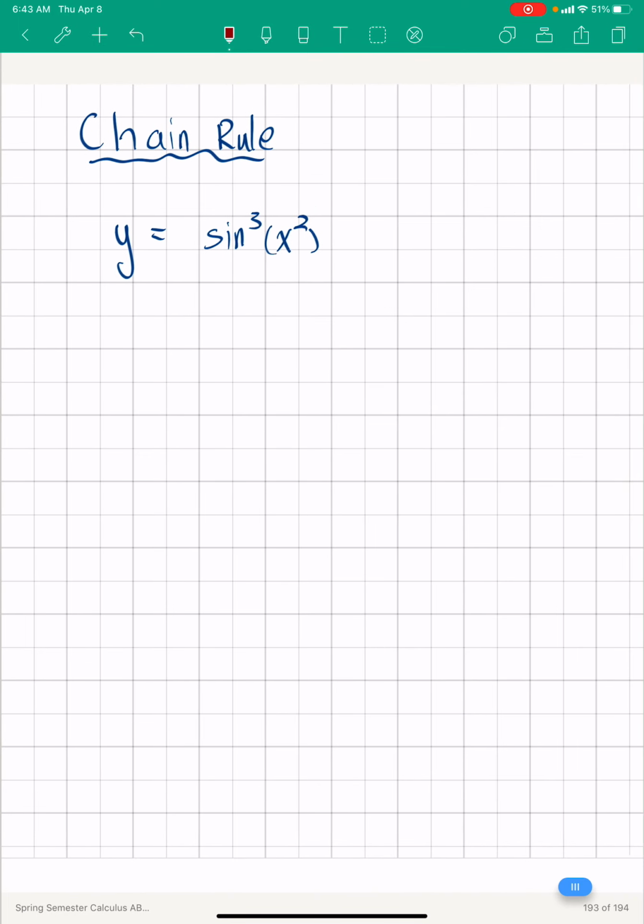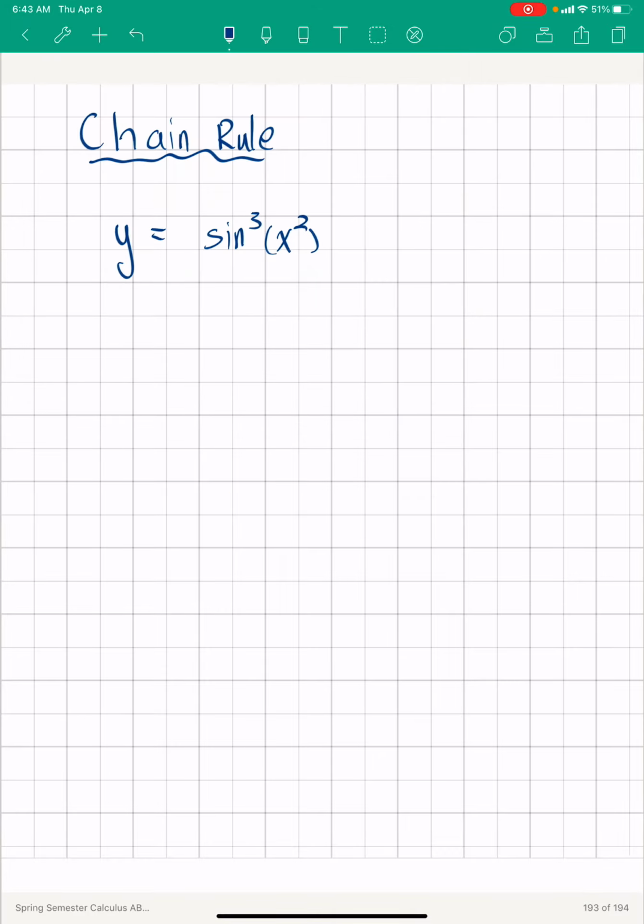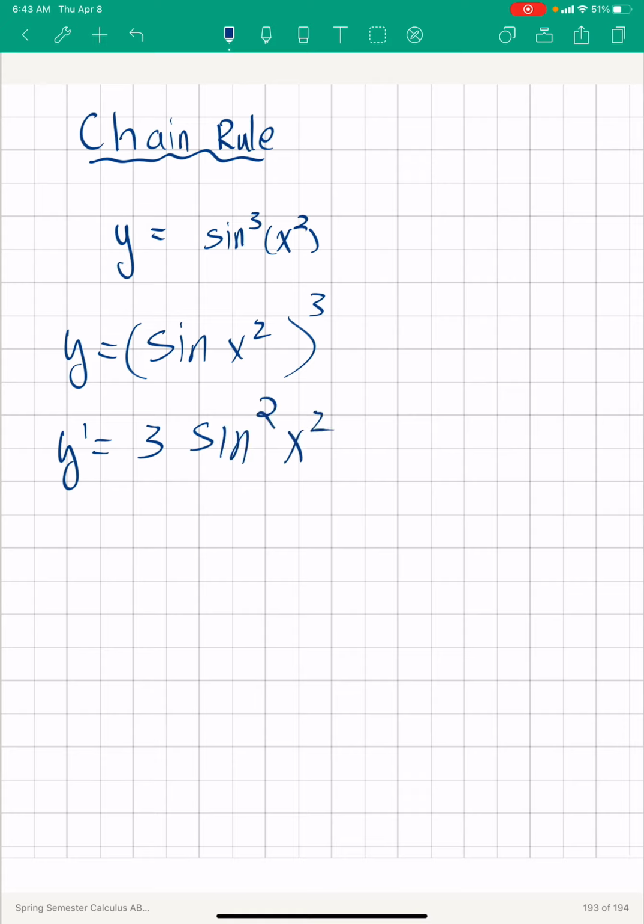All right, let's take a look at the next one, chain rule. So chain rule, I'm just going to go ahead and jump into this one because we've done a lot of chain rule. Chain rule reminder, we have to figure out the dominant function that's sort of leading the way. So another way you want to look at this is through a rewrite. What we're really seeing here is the function sine, whose angle is x squared, is being cubed. So its derivative is going to be 3 sine squared x squared